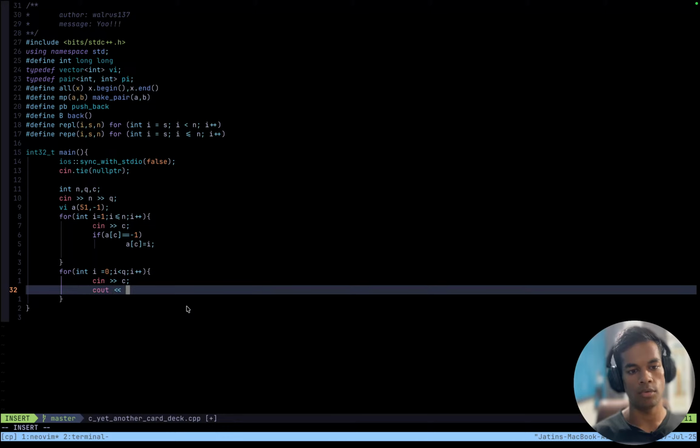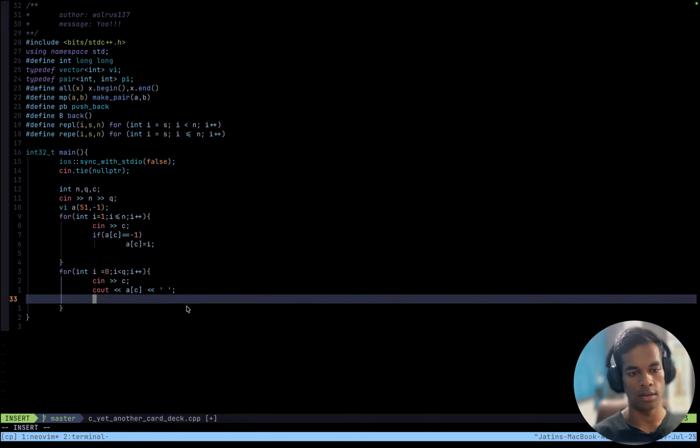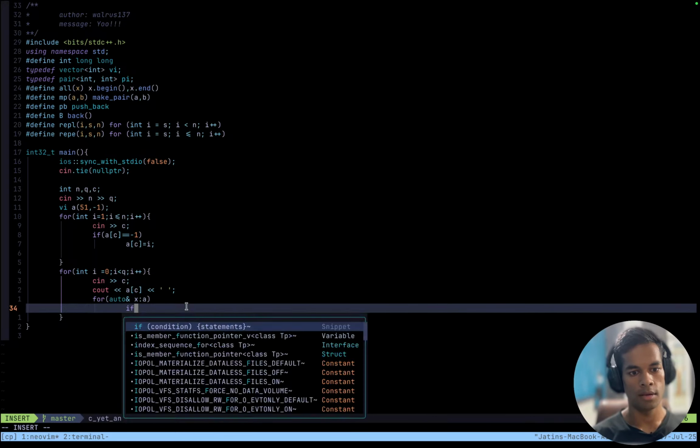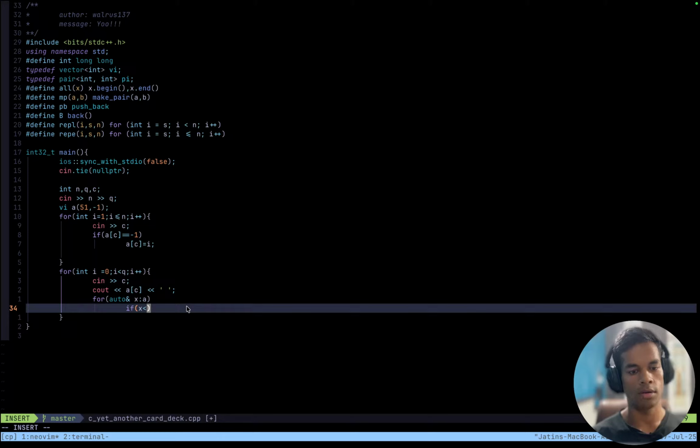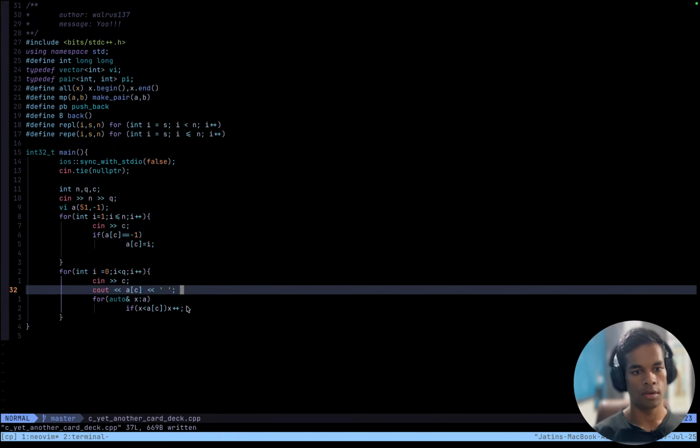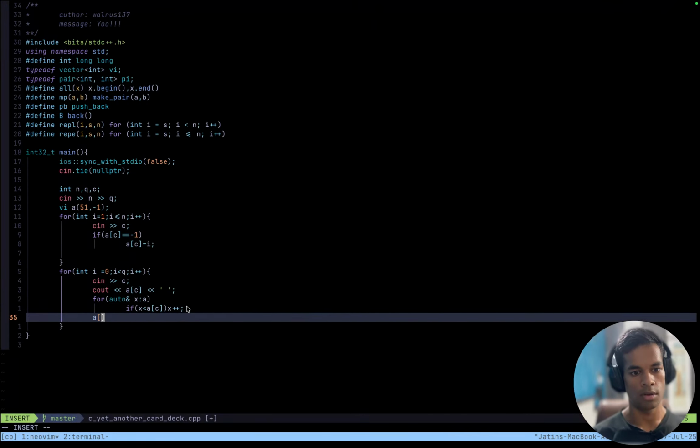Okay, and then I can do cout A[c] with a space, and then for auto reference x in A, if x is lower than A[c], then x plus plus, and also after this A[c] equals 1, since it is now at the top.